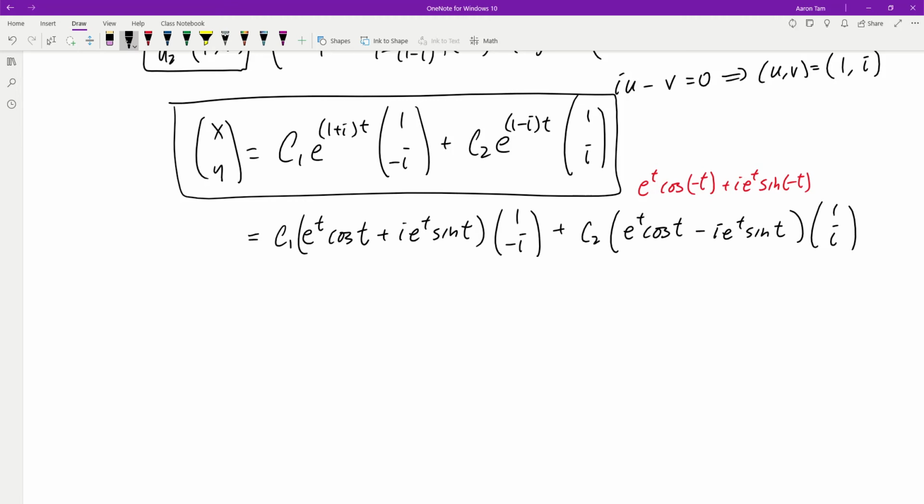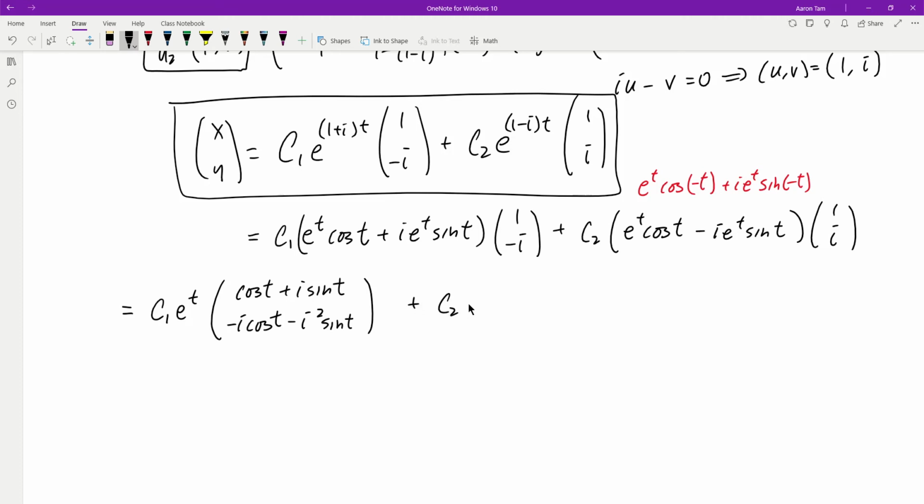First of all, notice that e to the t can now be factored out. So I'm going to factor out, and I'm going to move over a little bit so that I have more room. So it'll be C1 e to the t, and then what I have would be cosine t plus i sine t, because I multiplied that by 1. And if I take cosine t plus i sine t multiplied by negative i, it becomes negative i cosine t minus i squared sine t